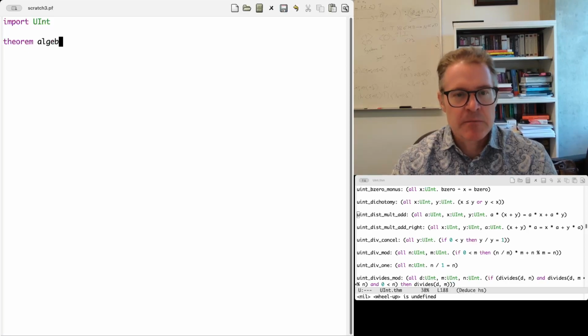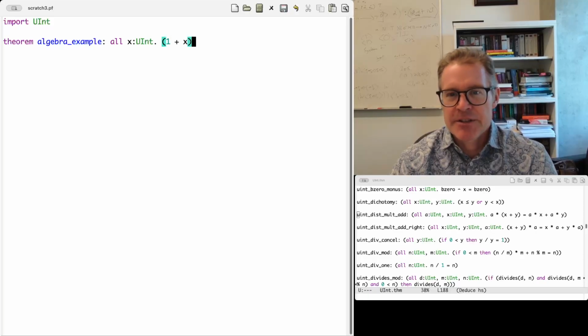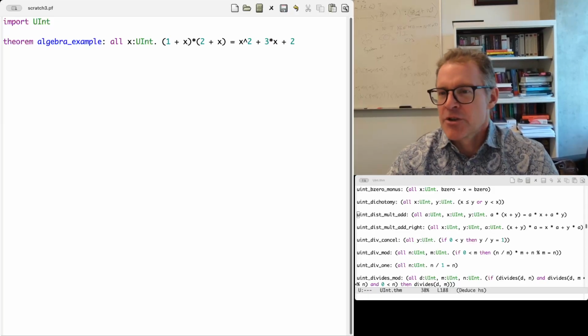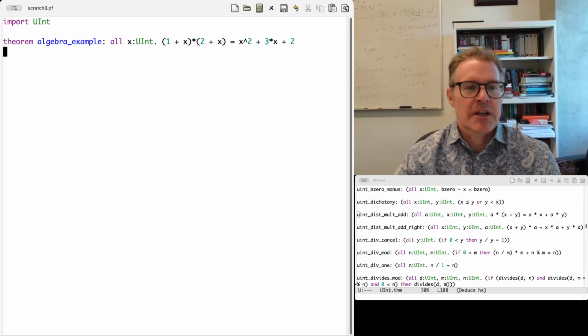Of doing some algebra, so here we go. We're going to prove a simple equation here. We're going to have 1 plus x quantity times 2 plus x, right? And then what polynomial is that equivalent to? That's x squared plus 3x plus 2. Okay, and we're going to show how to prove this theorem in Deduce, and we're going to be using some